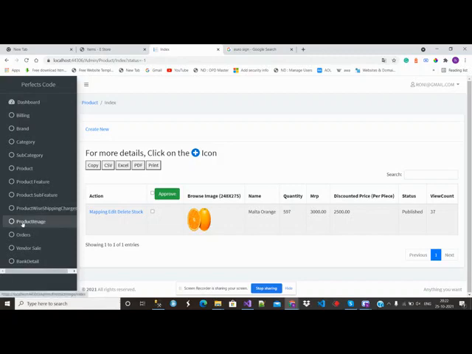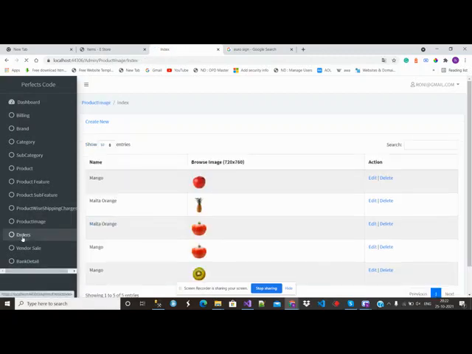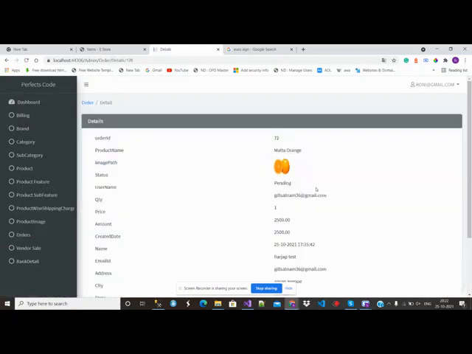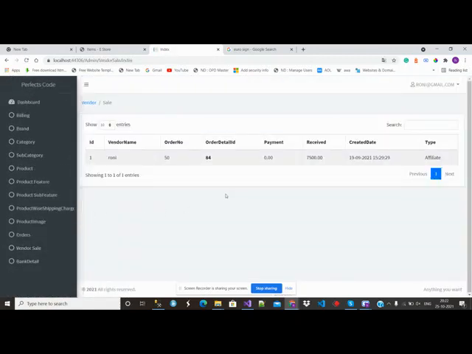They can add product images and orders. They can see the product orders. In the product order there is a detail option, so they can check the detail. The vendor can also check the sales and bank detail.